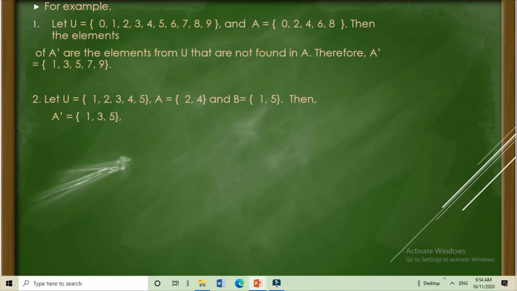Pang-tatlo, wala yung 5. And also, pangalawang hinihingi is ano yung complement of B, or ano yung mga elements sa U na wala sa set B. Unang-una, ang 1. Okay. Nandun siya sa set B. Ang wala is wala ang 2, wala ang 3, wala ang 4. Therefore, the complement of B is equal to the element 2, 3, and 4.